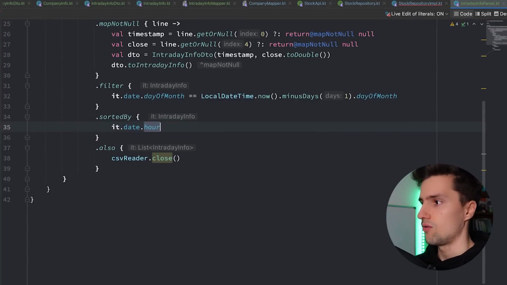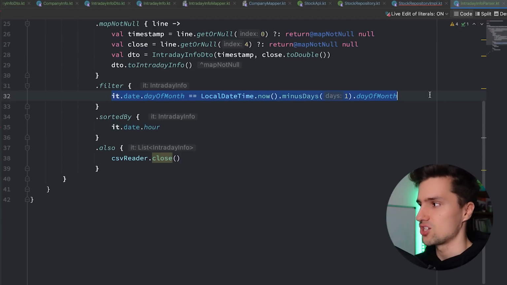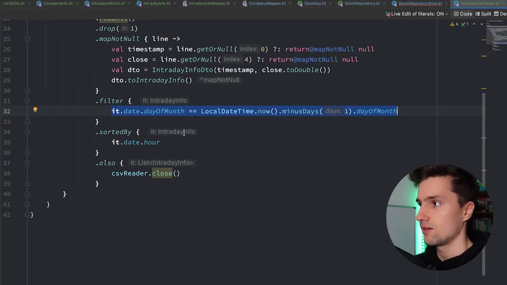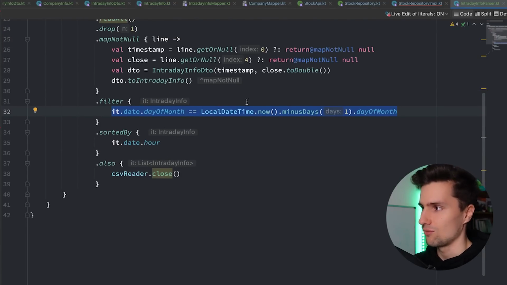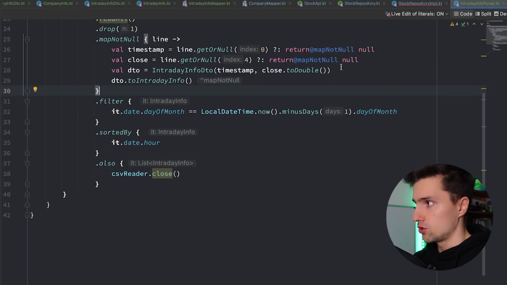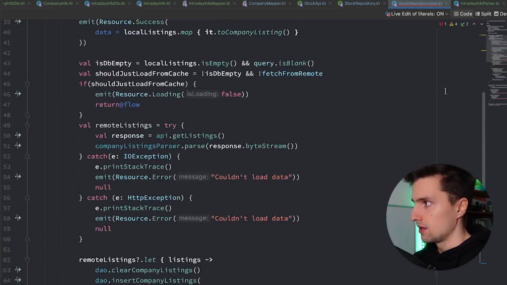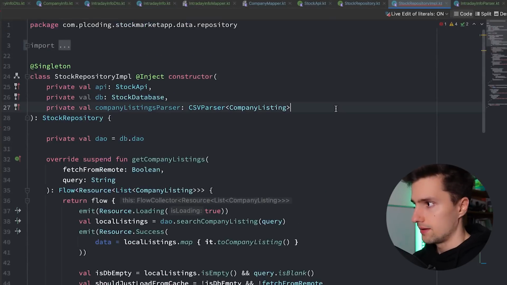And you can see how handy that now is that we have this data object, because if we would have that as a string, there would be no way for us to make these easy checks here. And that's one reason at least why we have domain models, because these are much easier to deal with. And then we want to head back over to stock repository implementation,